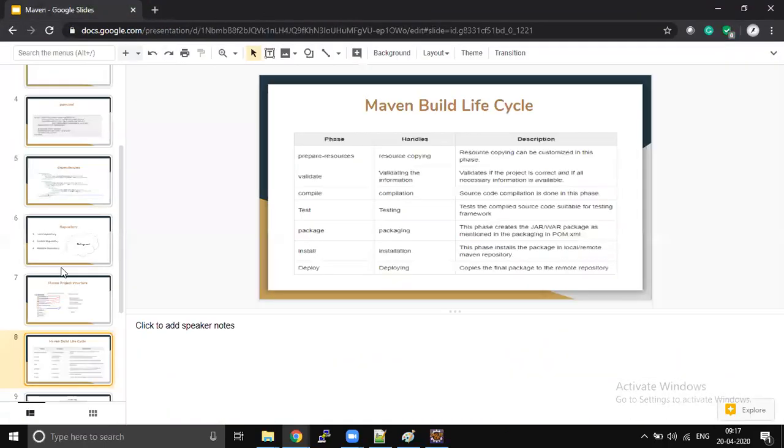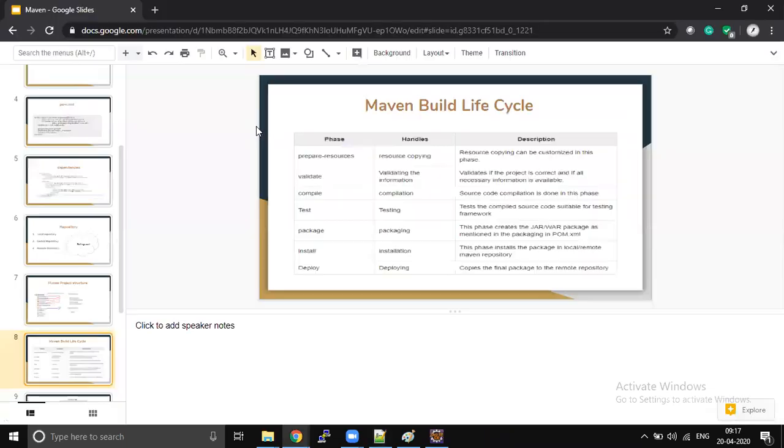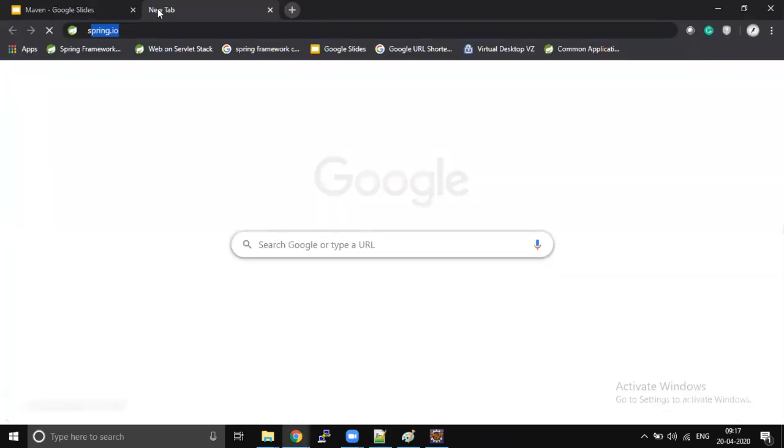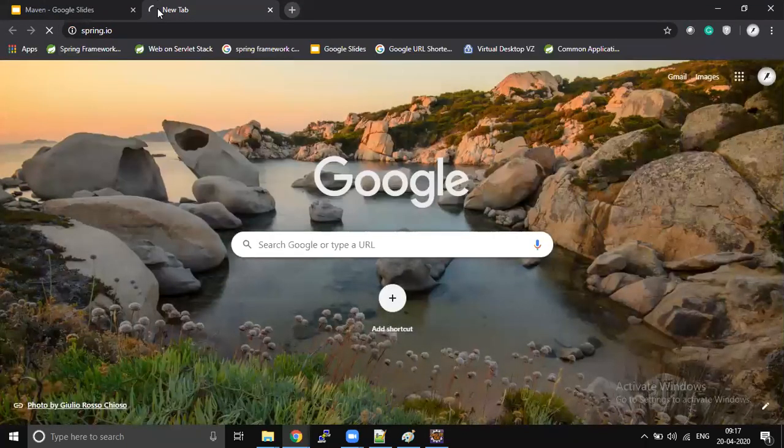From tomorrow we will start our microservices journey. We are going to start with Spring Boot. This is the documentation I'm going to use for Spring Boot. The official site is spring.io.